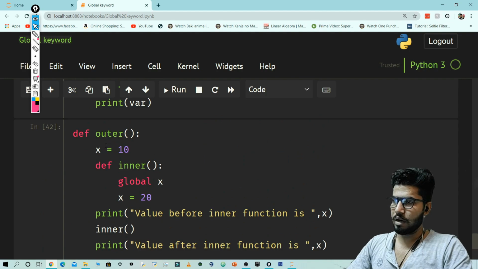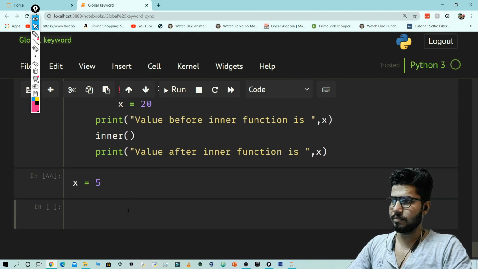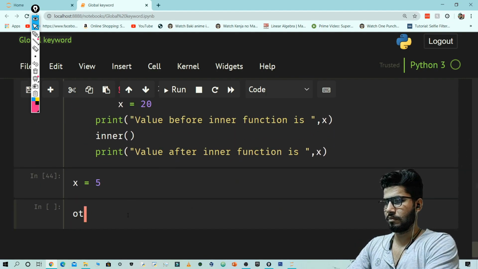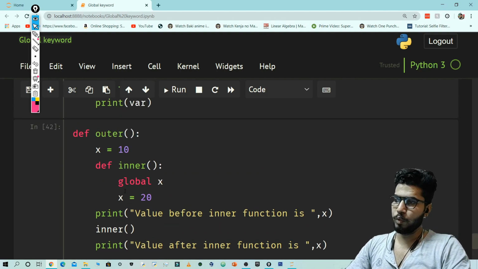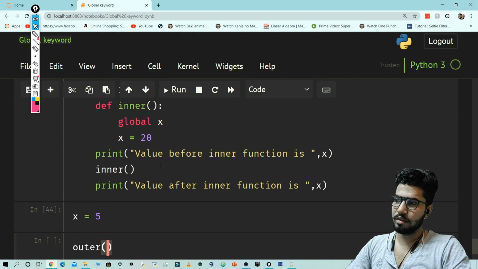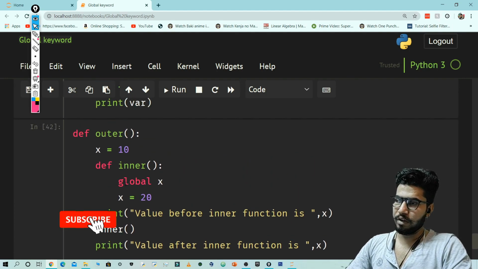Now I will call this outer function, and you will see a surprising thing.